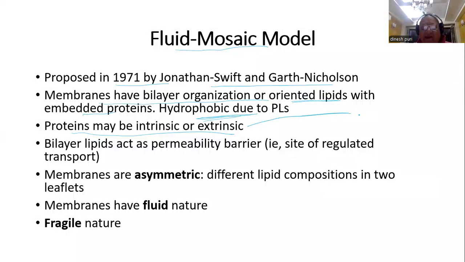Extrinsic proteins may do, read about spectrin. You'll be reading later on, but try. And then they are permeability barriers. We have discussed what permeability barrier means: do not permit everything to pass through. These three we'll be talking about later, just to give you an idea,